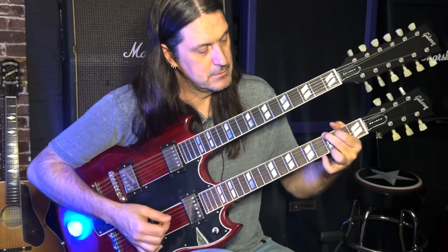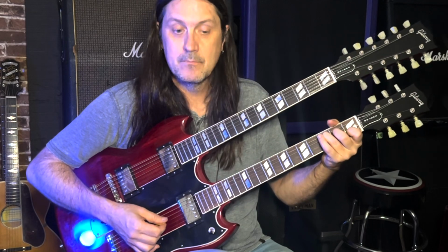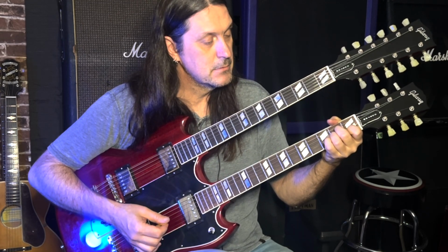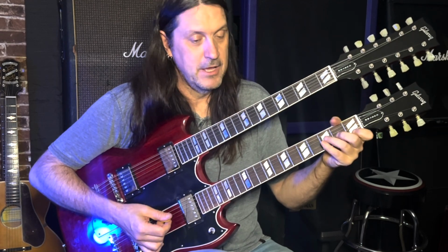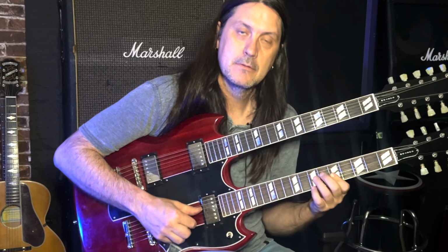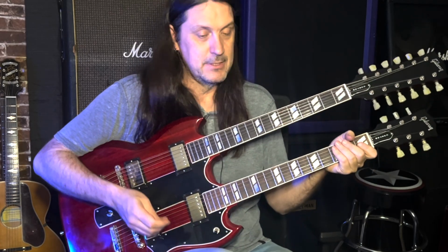C, G, D sus4 to a D, then we go C, right up, D, C, D, F major 7, and he goes back into that thing again. All right, now the 12 string is in play on this one part that comes next, and